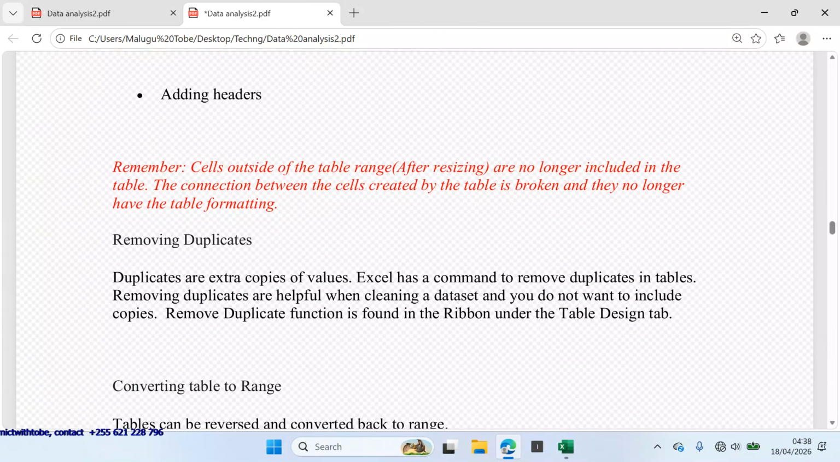So remember, cells outside the table which you have already resized are no longer included in the table. That means the connection between the cells created by the table is broken totally, and they will no longer have the table formatting. In this table designing and resizing, we have another part which is very important, that is removing